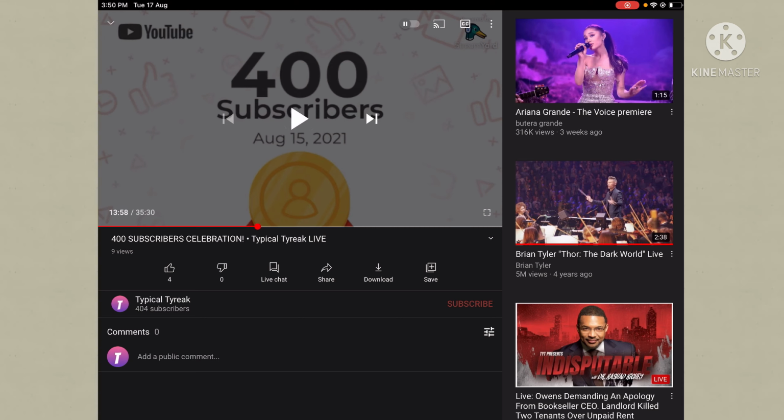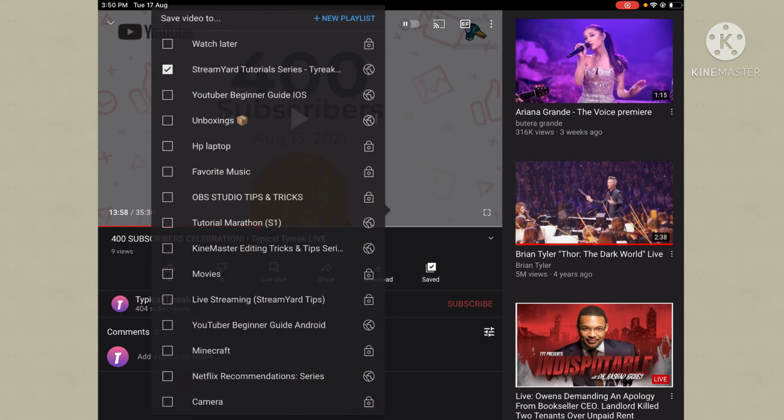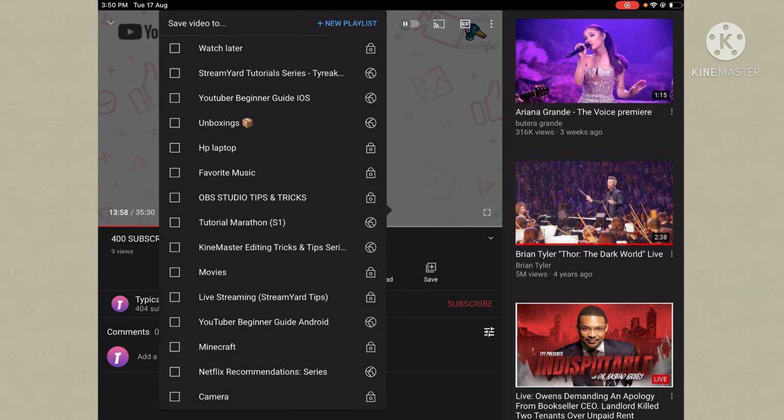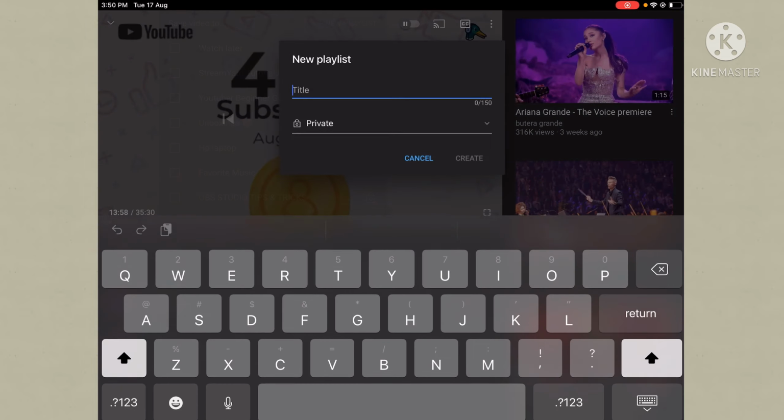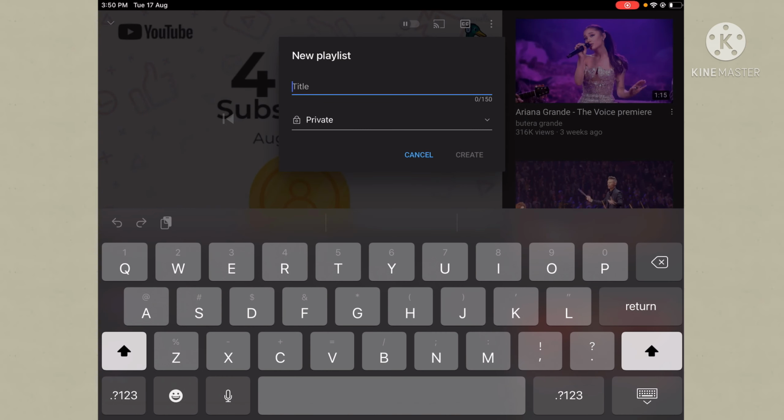then you want to just tap on save, and then you want to tap on new playlist. And after you tap on new playlist, just type in the title. I'm going to type in